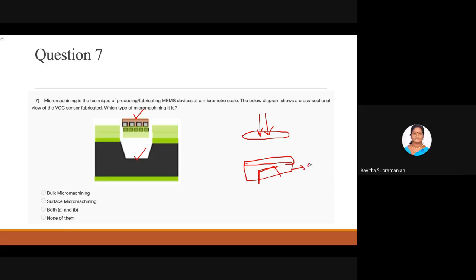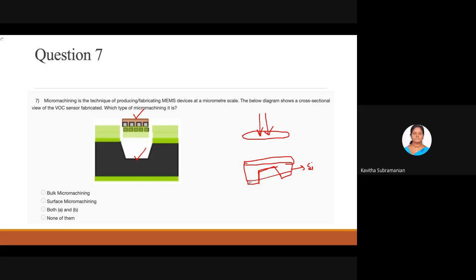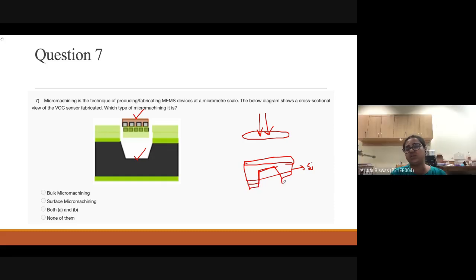They will use some photoresist, so it will be covered here. Here silicon dioxide, SiO2, is present on both sides, and we should deposit it on both sides. Then the photoresist is there, so it will act as a mask. After that, if you etch it with some etchant solution, it will etch